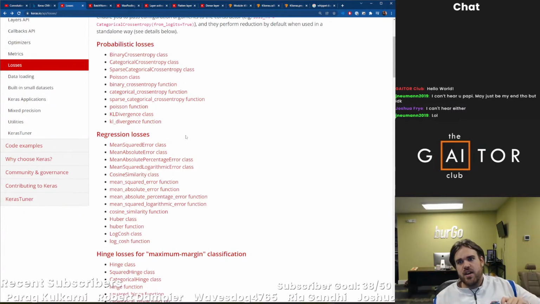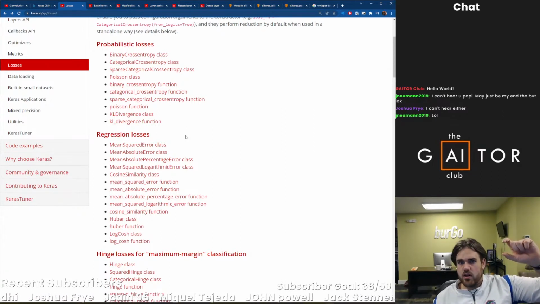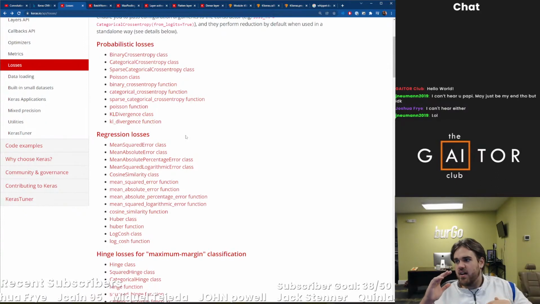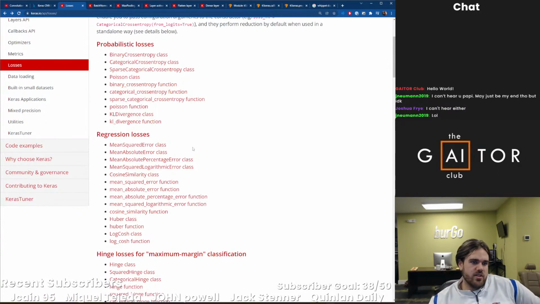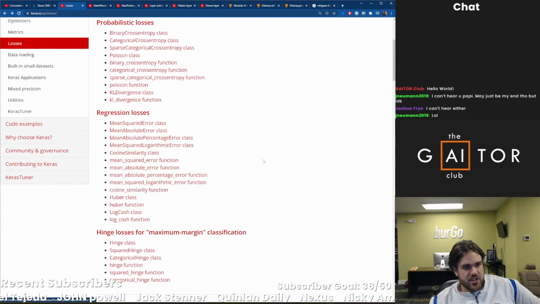So then you would take in the input of the image, and then you would generate out where the left corner of the box is, the x and the y of the left corner of the box, and the width and the height of the box as well. And you would use those all as a regression loss. There's a bunch of different loss functions. Mean squared error is the one I normally use, but there's a bunch of different ones if you want it